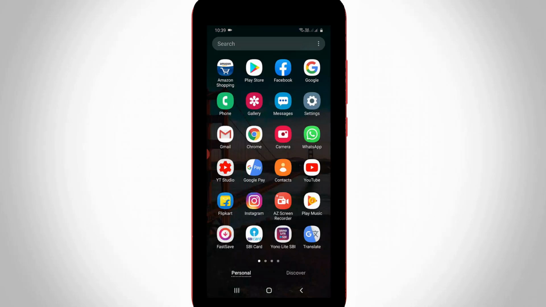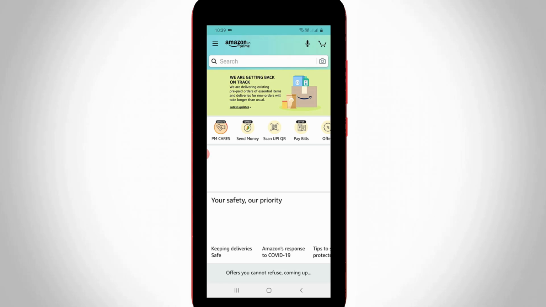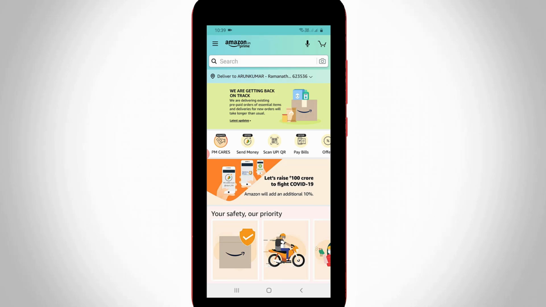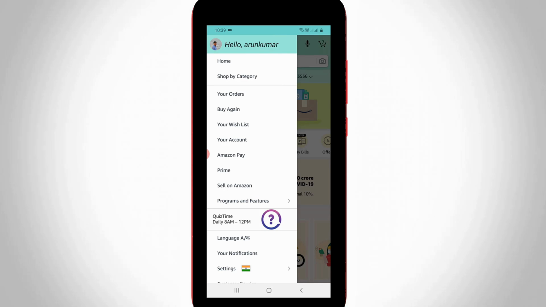So first of all, open your Amazon shopping application in your mobile and don't forget to sign in to your account details. So now in this homepage section, you can press this horizontal 3 lines icon, and it is placed at almost the top left side corner, and then one sliding window is opening. So here you can go to Prime, the 8th option.